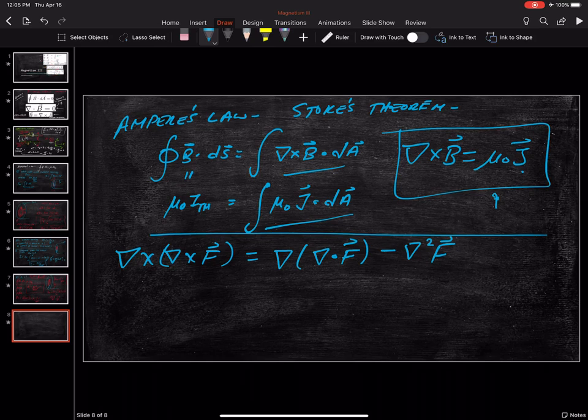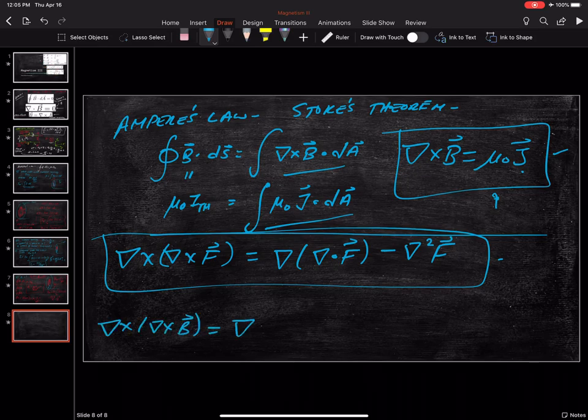You can try proving this. In fact, it's nice to sit down and actually prove it and see that it comes out. But this is something that we're going to use a couple of times today, so I wanted to mention it. I want to apply that to this. Let me apply this to my Ampere's law. This is gradient of del dot B minus del squared of B, and this should be equal to mu naught